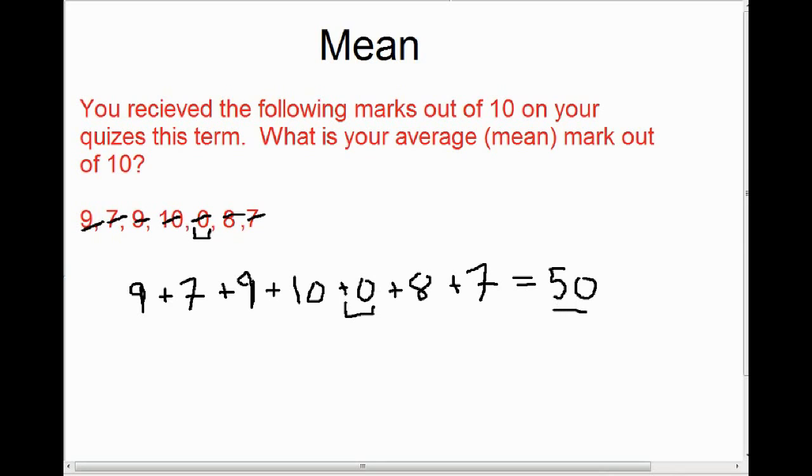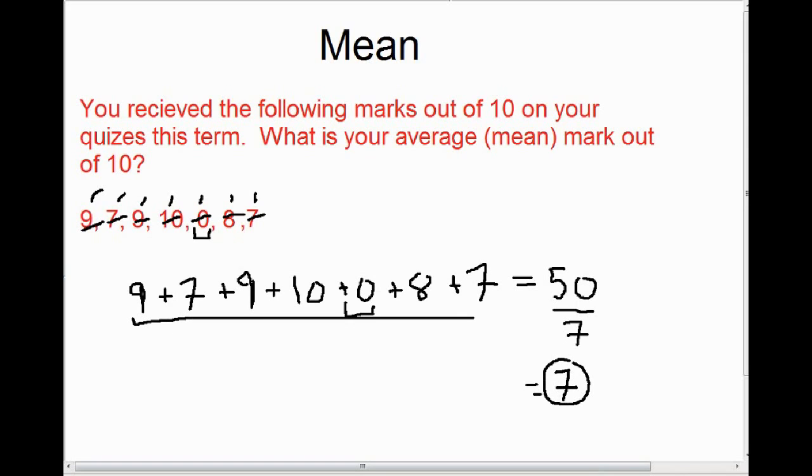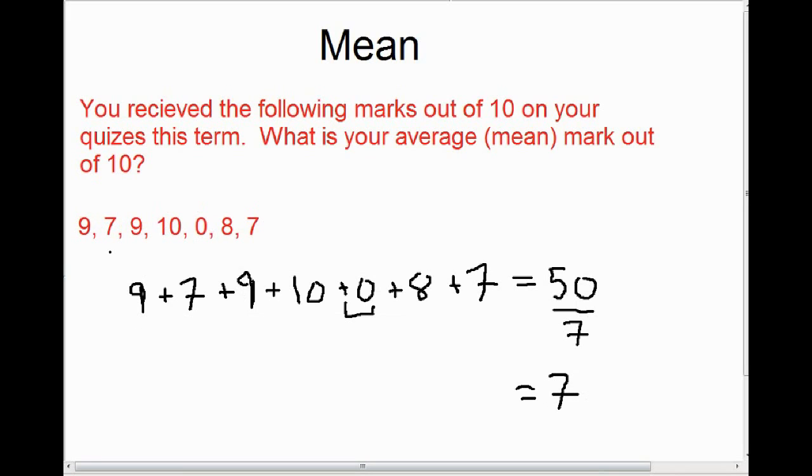have 7 values. And when we go ahead and use our calculator to do that, we get 7.14. So the decimal goes on. If I round to the nearest whole number here, that's a 7. So if we were calculating your average or your mean mark of all of these marks, you would get a 7. Now, if you look back at these marks, if these were your marks on quizzes throughout the term, you